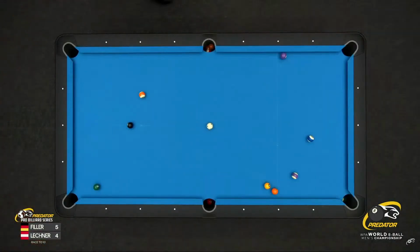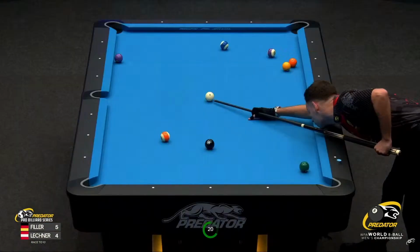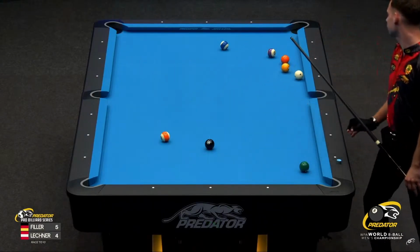Well, the one good thing is that the 5 and the 3 and the 1 are clustered, so he got a big chance now to open it up. He got the 6 as a little insurance, but yeah, he has to open it up. He will not get a second attempt. And oh,